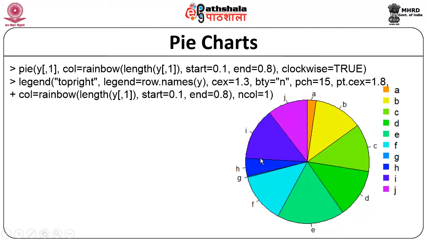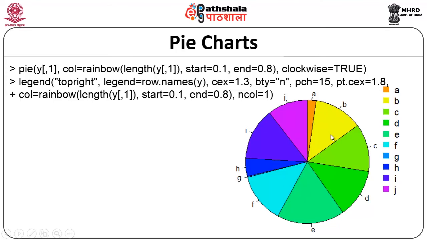Then how many columns are going to be there? What are the colors associated to these columns? The color is set using the rainbow method. The rainbow method makes use of the web color combinations, and in what direction these arcs are defined. These arcs are defined using the clockwise parameter set to true, which means the assignment of the colors and the arcs are going to be defined in a clockwise way.